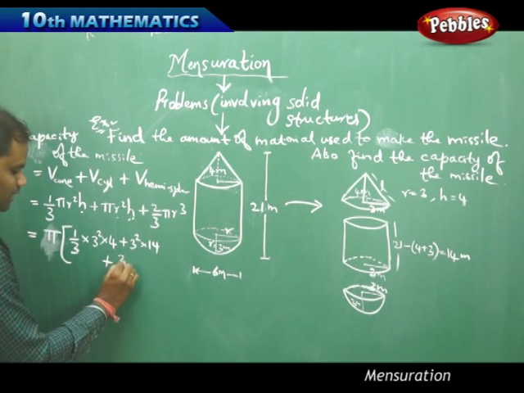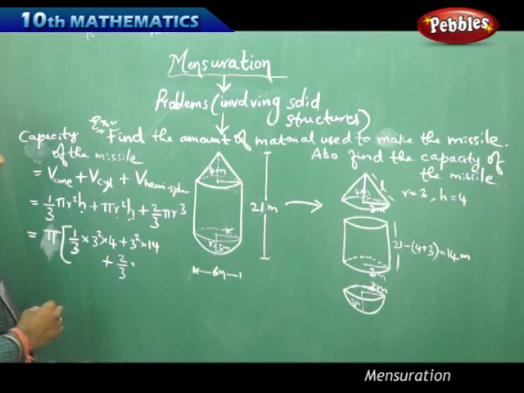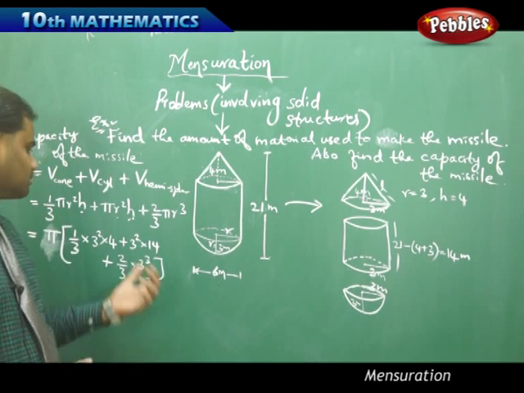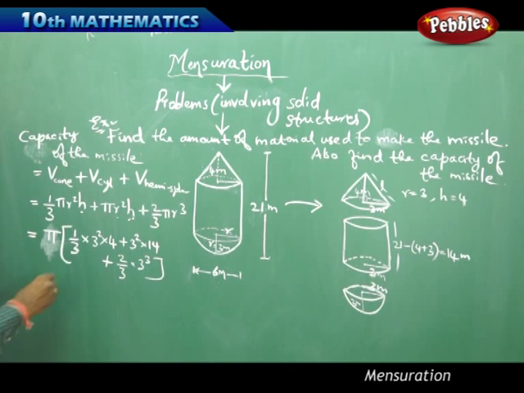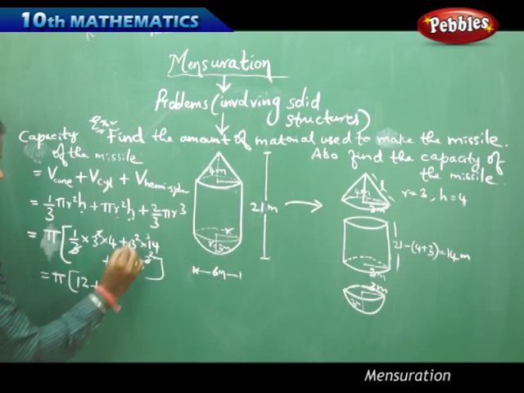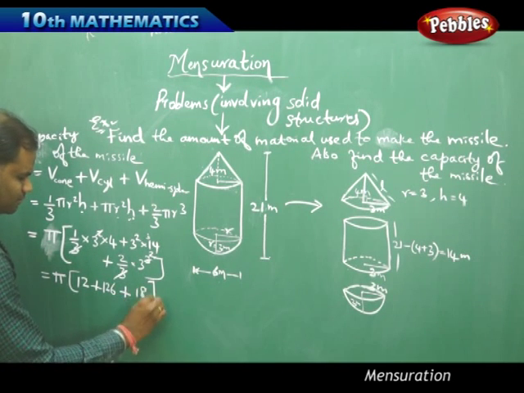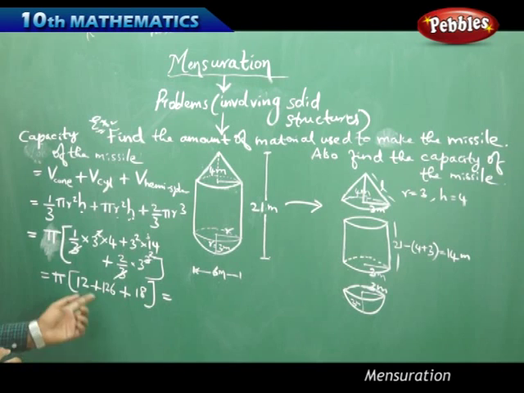Similarly, for the hemisphere, I get 2 by 3 times pi, which is taken out, times r cube, which is 3 cube. That is what I get when I simplify for each of the volumes. Now let's simplify this. One of the 3s gets cancelled, and one of the 3s gets cancelled as square. Therefore, rearranging and simplifying further, I get 4 3s 12 plus 9 times 14, 9 4s 36, 9 1s 126. And similarly, I get 9 2s 18. Now simplifying this further, I get 12 plus 126 plus 18, which is 156 pi,